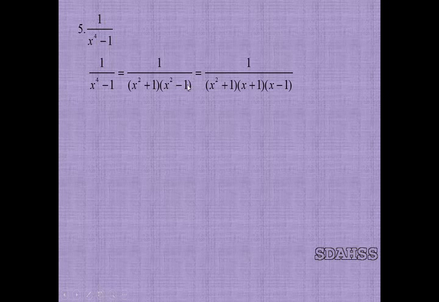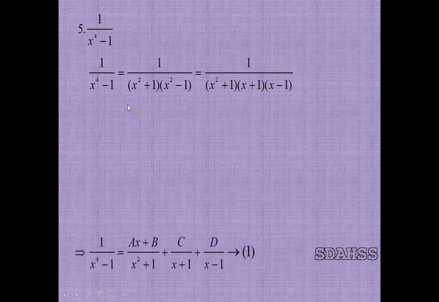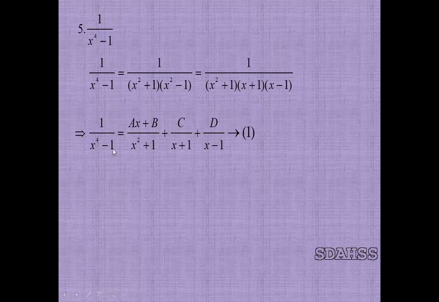Again x square minus 1 is in the form of a square minus b square, so we can write a plus b into a minus b. So x square minus 1 can be written as x plus 1 into x minus 1. Then 1 divided by x power 4 minus 1 is equal to